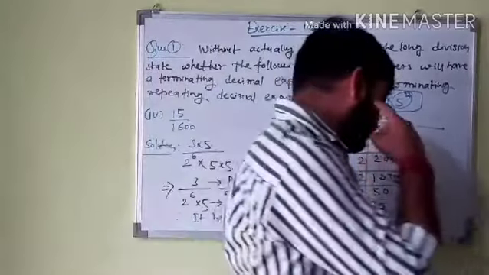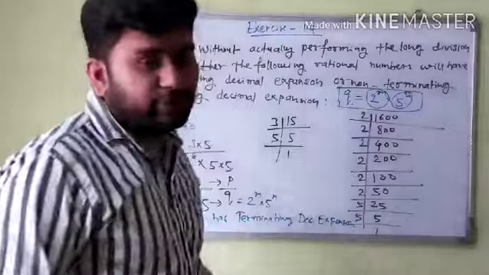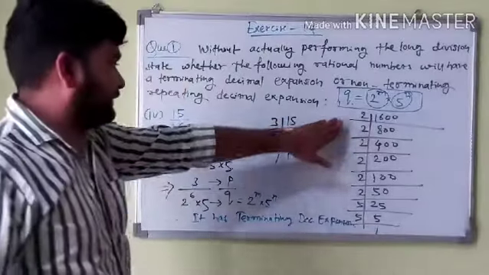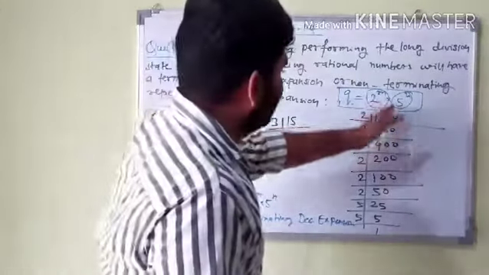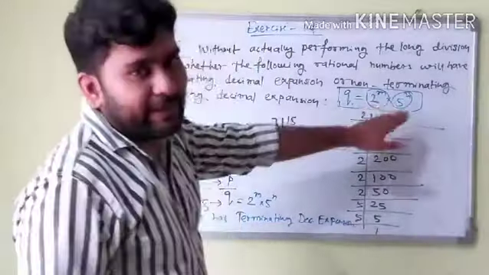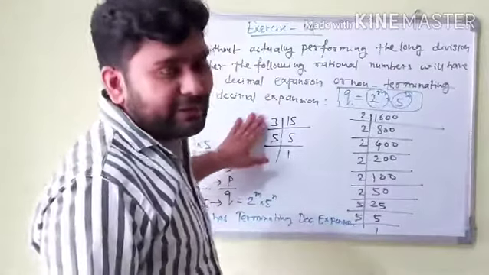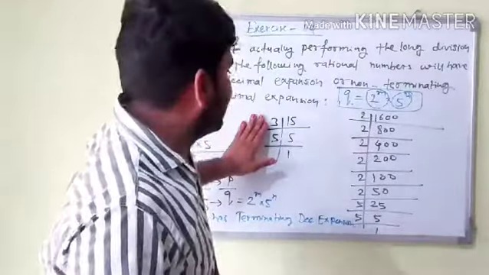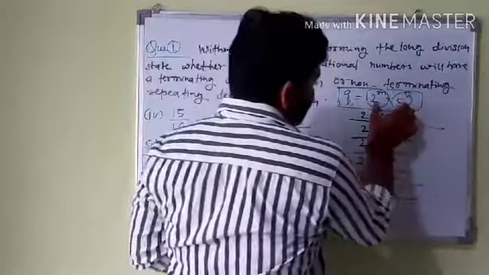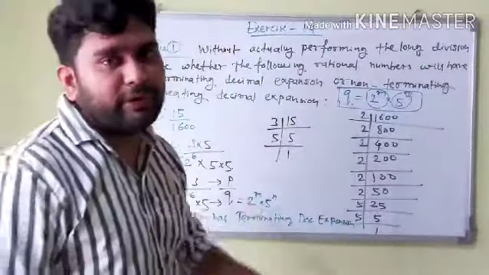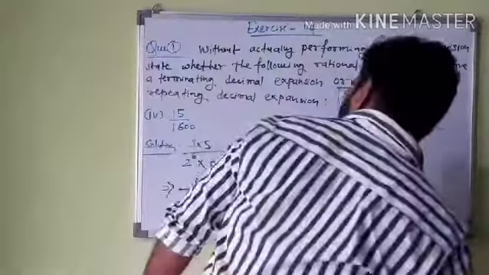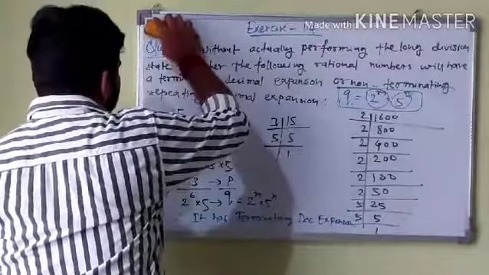I hope you are clear on all of this. By this you can solve all the questions, following only the theorem and these things. When you have numbers of this type, with any one of these or both at the same time, that means the number has a terminating decimal expansion. If it is other than this, if the number has any other factor, that means it is a non-terminating repeating decimal expansion. Okay dear students, let's proceed to question number 2 directly.